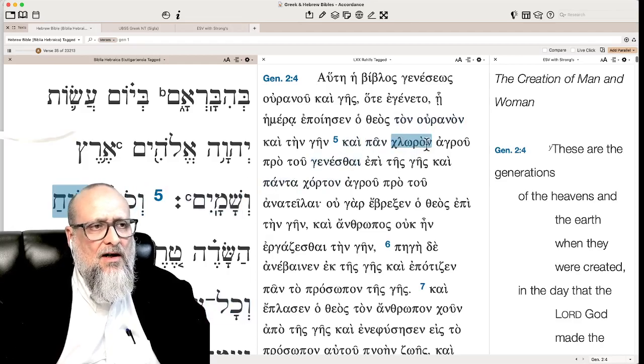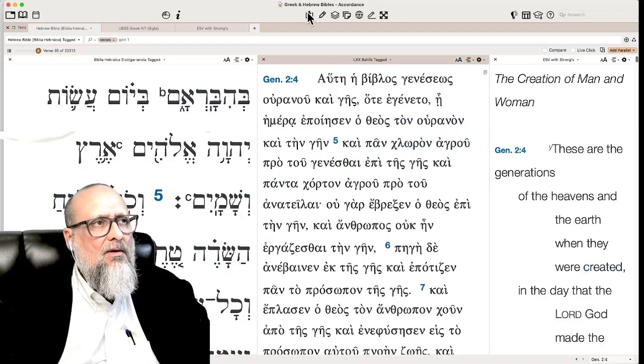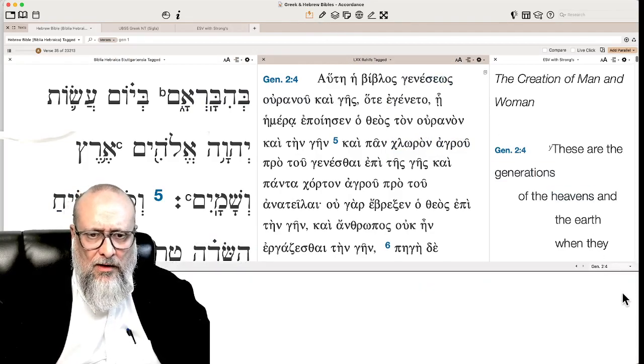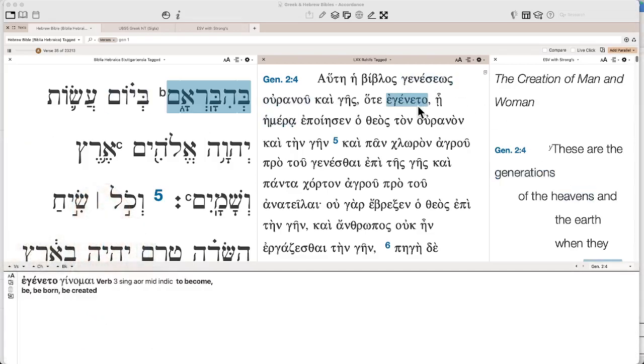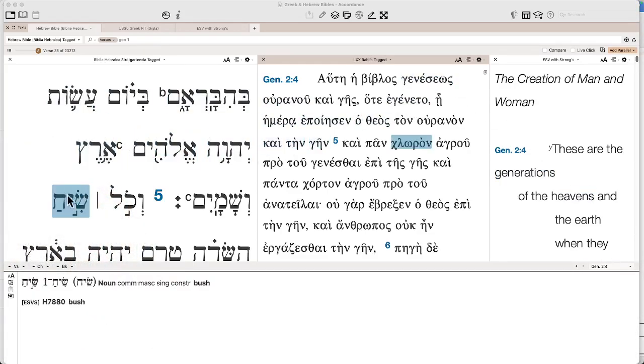And you can see, we've got this word here. I can pull up the auto info window, and maybe I'll just get out of the way here. You can see that this word bush, there's a little bit of a debate what it means. Is this a noxious plant? Is it all plants? You can see that the